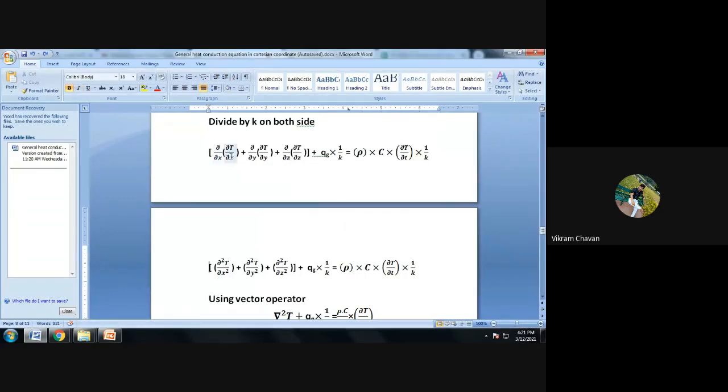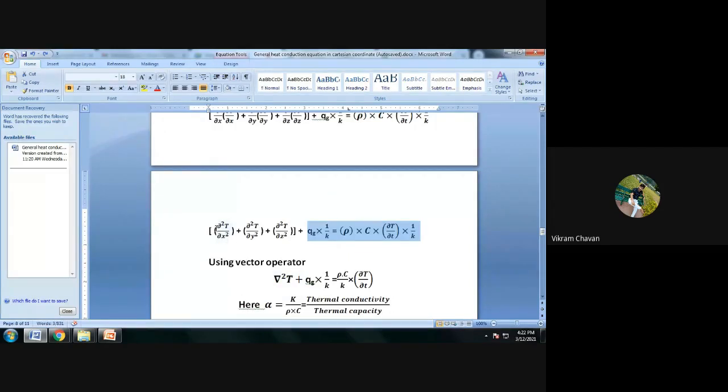Now here it is a double derivative for the t. So we have applied the derivative. So it will be ∂²t divided by ∂x² plus ∂²t divided by ∂y² plus ∂²t divided by ∂z². And the remaining equation as it is. Further, this is called del square. So the second derivative of t with respect to the axes will be considered as del square t, and the remaining equation as it is.